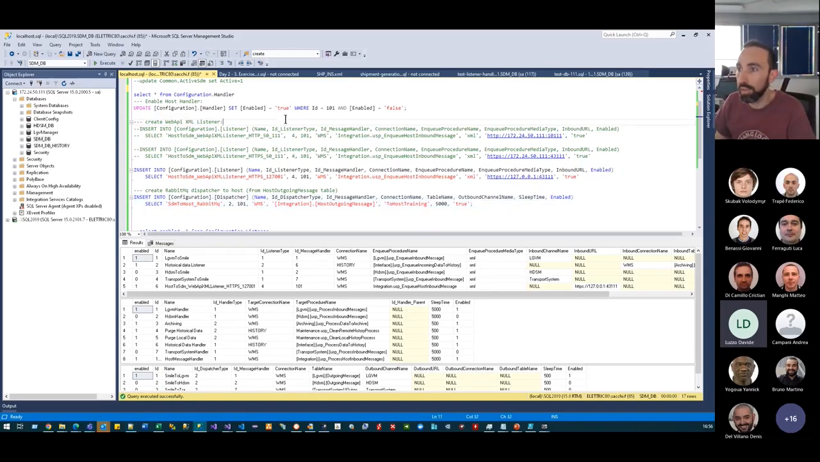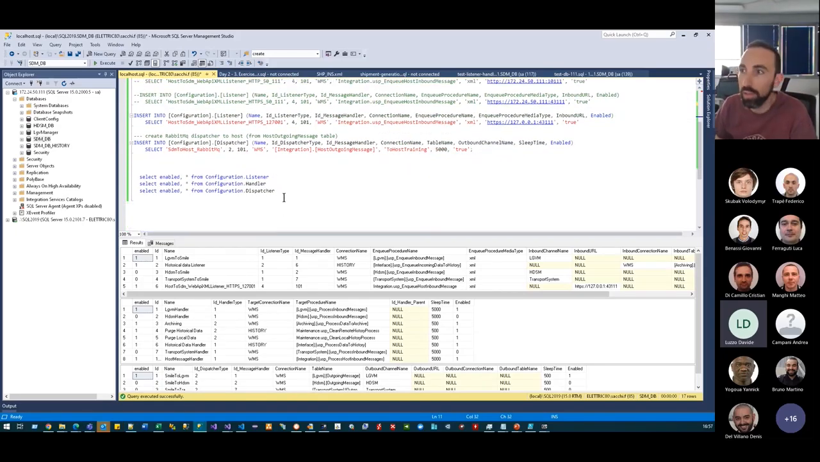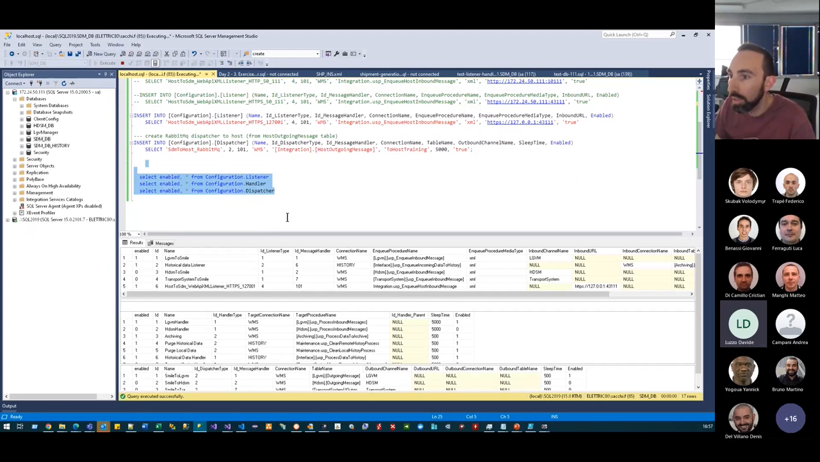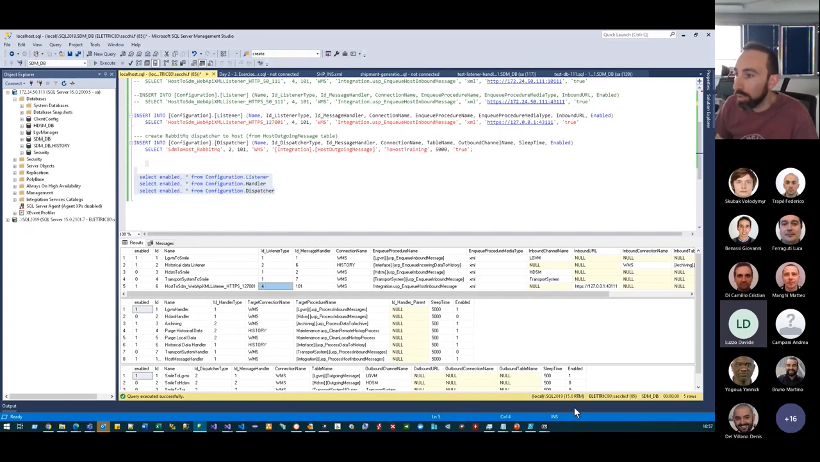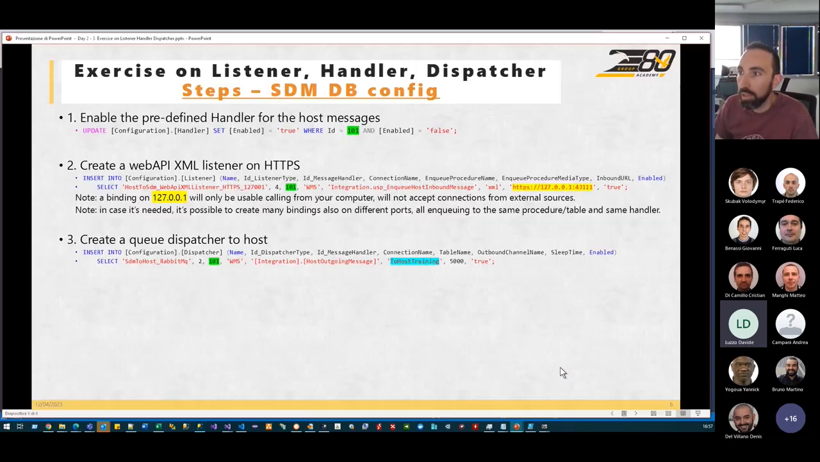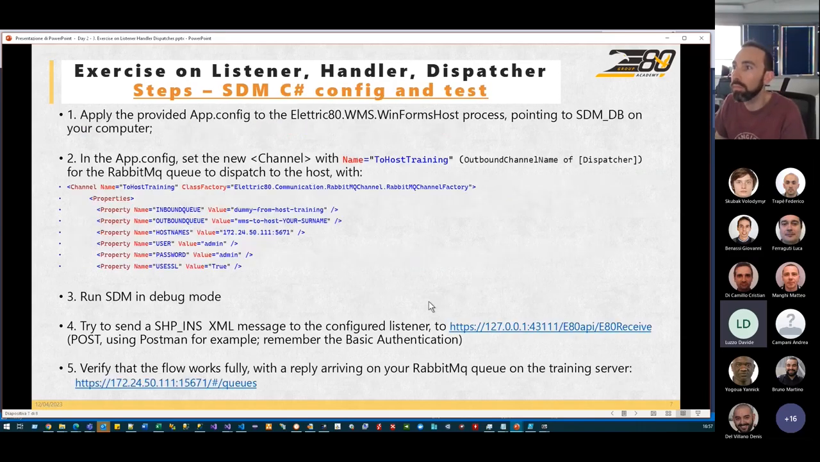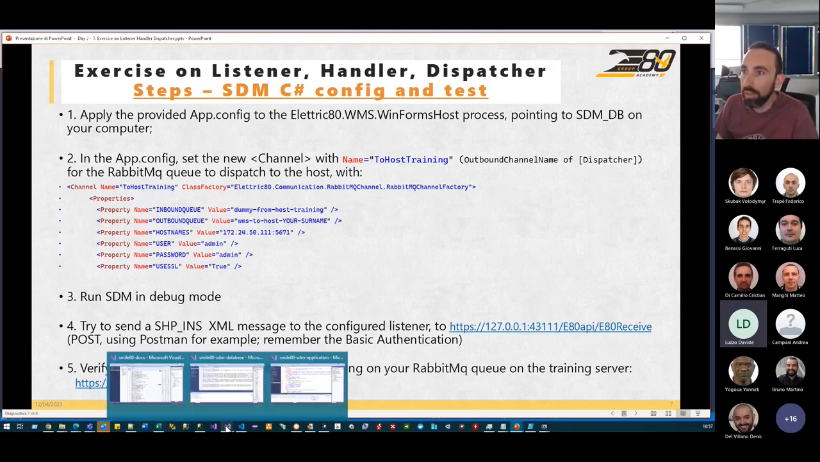Okay, I think you have copied and executed the script. At this point, we can move on. If somebody has no questions, we can move on to the next step. So the app config is already okay. So you can open the SDM application,